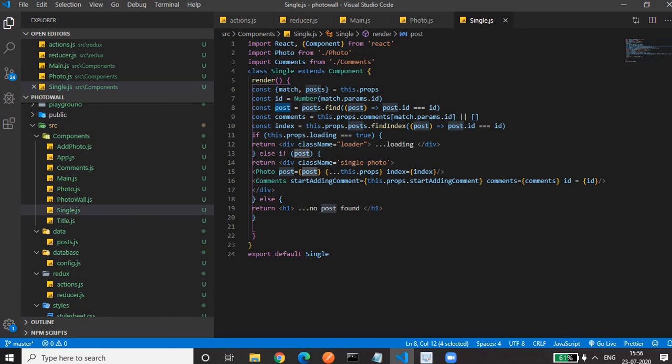If that post which I have retrieved here is not undefined, then only we show the post component as well as the comment component. If the post does not exist, or if you have removed that post, then we show no post found. So it's an if else statement we have provided. Here it's also a minor change in the single component.